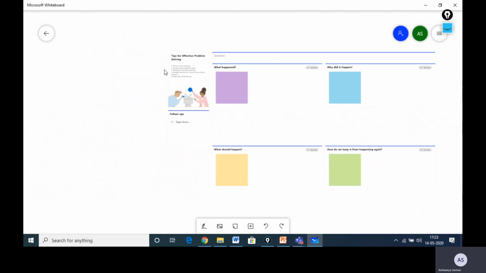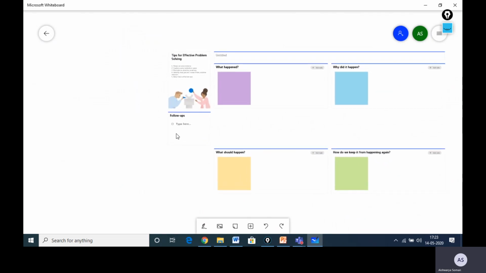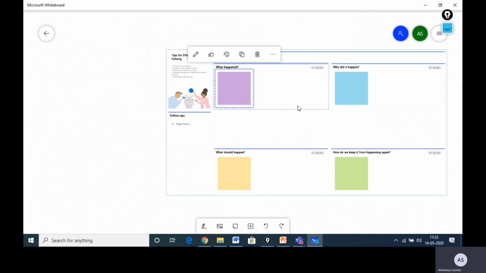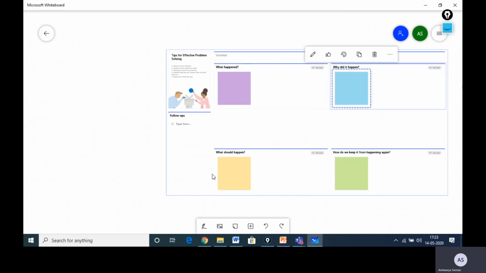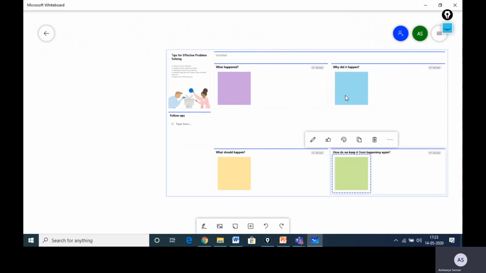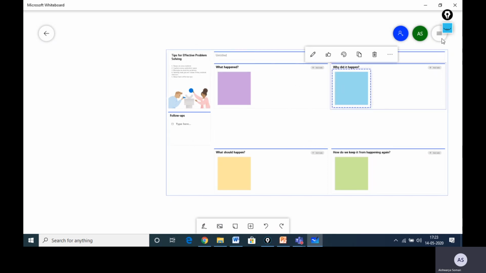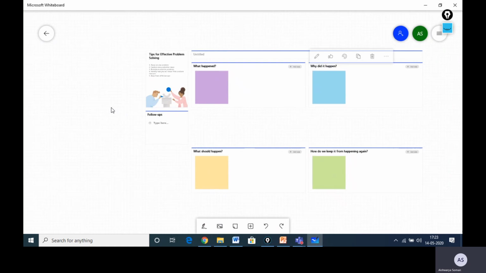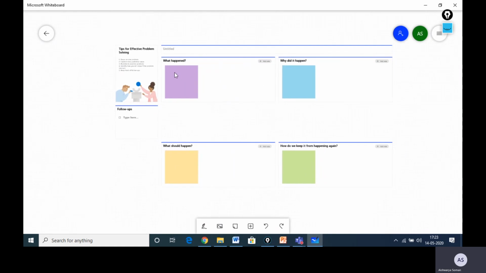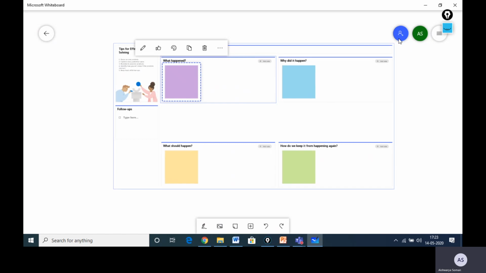How do you want to use your problem solving? Write down your questions here, your pointers here, what are the follow-ups, what happened, why did it happen, all these kinds of questions that you want to ask your students related to a topic, and they can collaborate. Teachers, don't forget, they can collaborate and write down what they feel over here. Now if you're asking one student, invite that student.